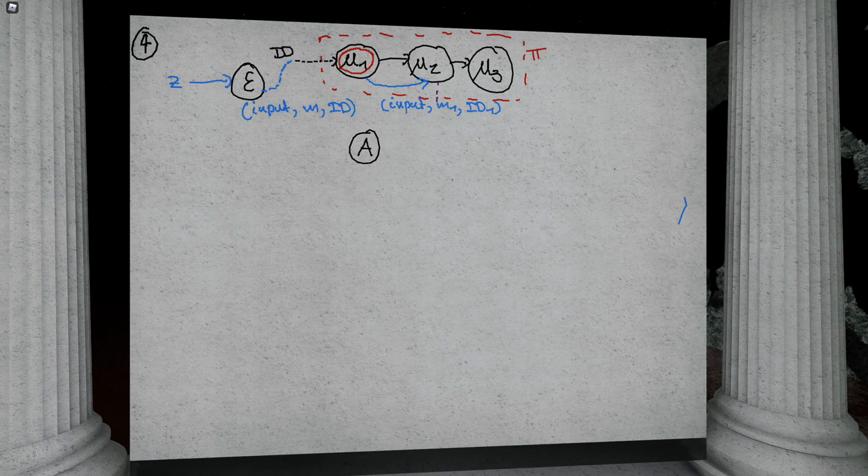Okay, I chose my colors poorly, but that's okay. So now mu2 is going to talk to the adversary. And because it's talking to the adversary, this happens on the backdoor tape. And it's going to send some message, and the adversary knows who sent it. Now the adversary runs, it starts to think about it, and now it says, okay, I'm going to leak some information back to the environment, right? The adversary is allowed to talk to the environment, nothing wrong with that. I'm going to have to clean up this diagram a little bit.